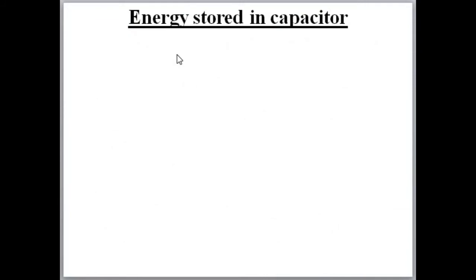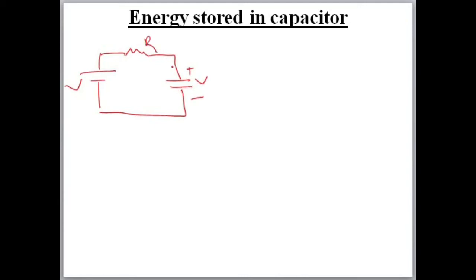Okay, so next is energy stored in a capacitor. We are telling, in case of DC, here one resistor is there, capacitor is there, supply voltage is V. Here also V will come after some time. Whatever energy is supplied by this voltage, V into I, initially some current also flows, that is stored in this capacitor.